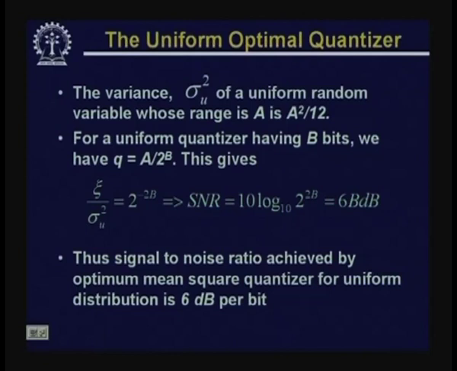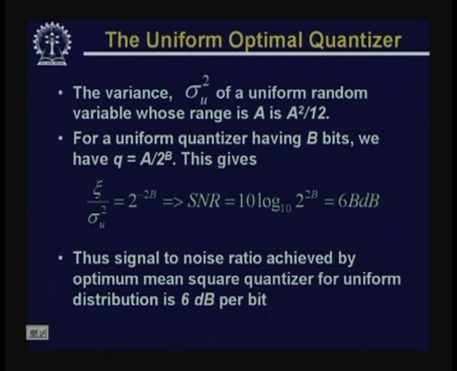So, for an uniform quantizer with b bits, if we have a uniform quantizer where every level has to be represented by b bits, the number of steps will be 2 to the power b, and thus the quantization step will be q equal to a upon 2 to the power b, and from this you find that